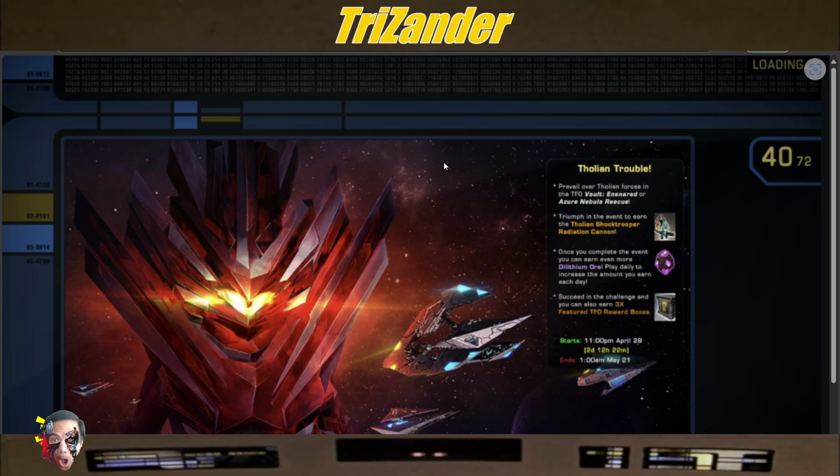Yes, captains, as you can see, we have a new event coming to Star Trek Online, and credit goes to Olkin, who put this on the Discord there. And we actually saw this, of course, while we were in game tonight. So the next event in the 2025 event campaign is going to be Tholian Trouble. So as you can see there, it says prevail over Tholian forces in the TFO Vault, Ensnared, or Azure Nebula